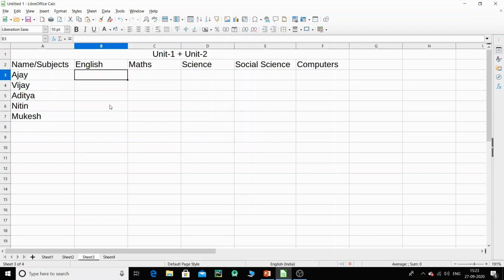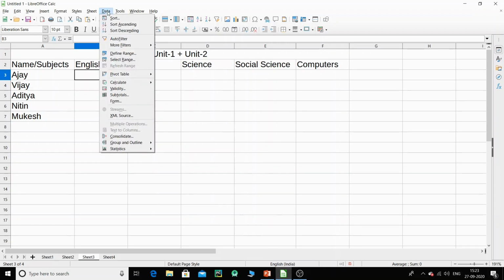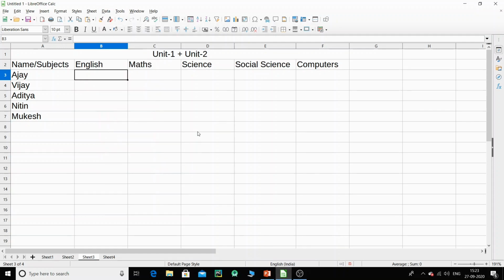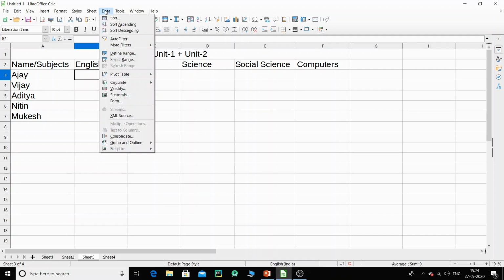The first thing is you have to select your source, where the data should get displayed. So this is sheet 3 and my data should get displayed from B3. I'm selecting that cell, then I go to Data and there is an option called Consolidate. Again, click on Data, the option is Consolidate.